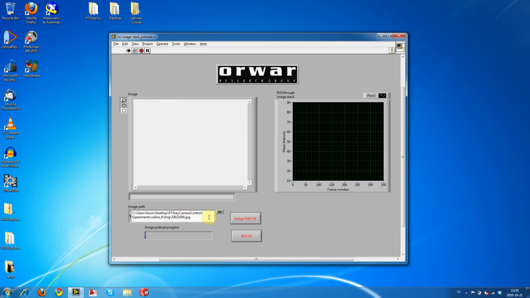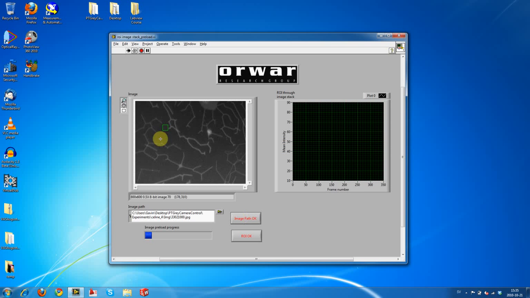Okay, and nothing will happen right now. It's in a waiting loop until we say the image path is okay. This allows you to run the VI and then keep changing your mind about the file until you're certain without causing any errors. Okay, so we've chosen this image path, and instantly you'll see, one, it's black and white, and